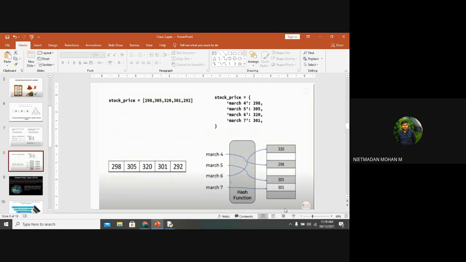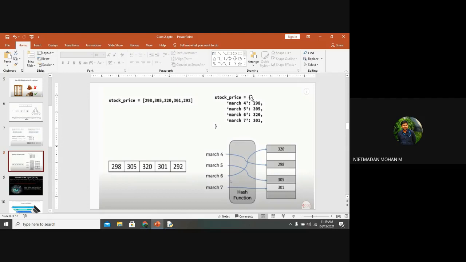Likewise, memory will be allotted for each and every item that you are going to declare. If you are declaring a list in your program, then the memory allocation will be like this: sequentially, going till the end of the elements.